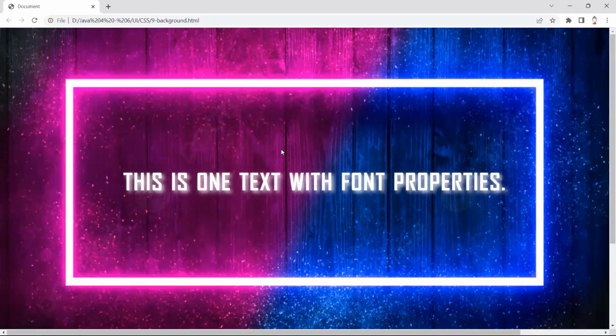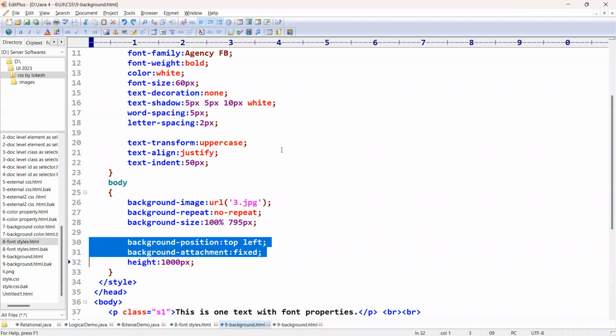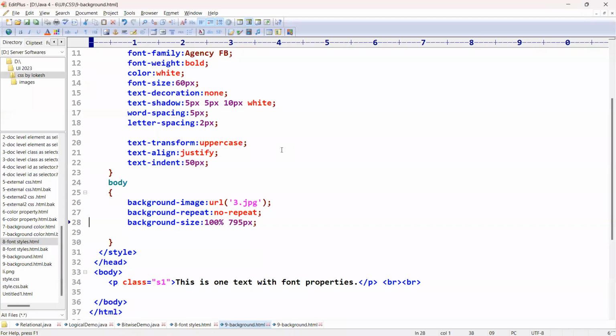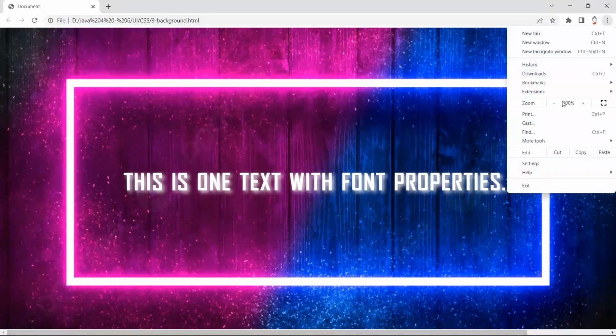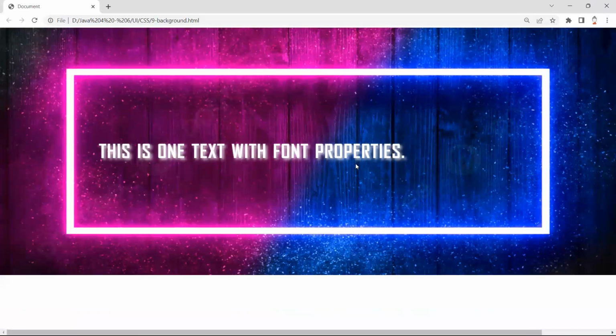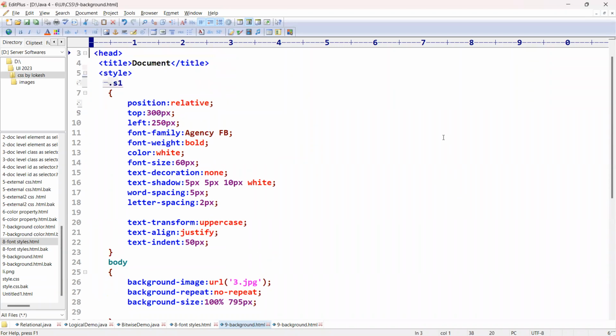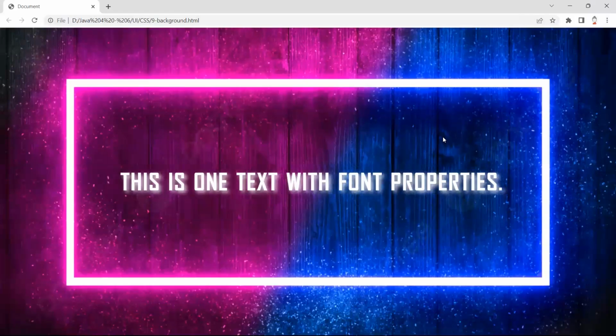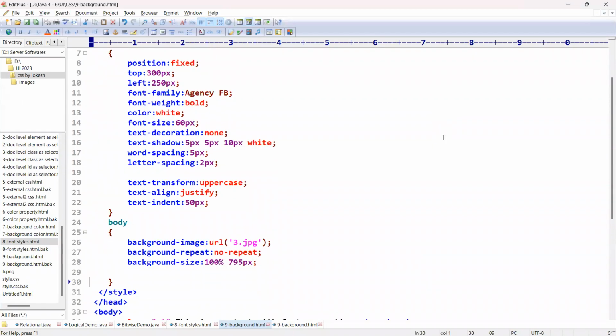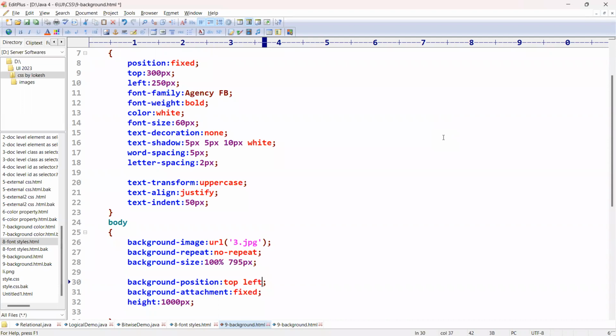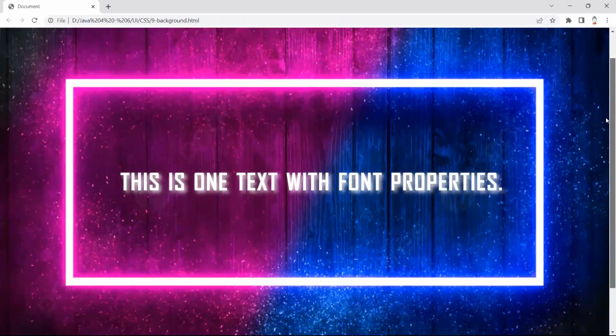Now, how am I getting this scroll here? So I just kept the positions as top and left, and the background attachment is fixed. That means whenever you scroll, whenever